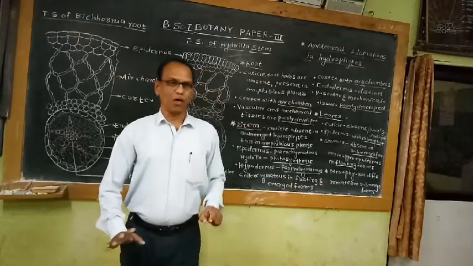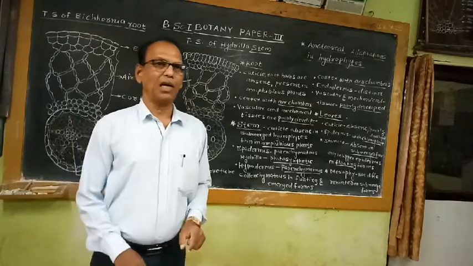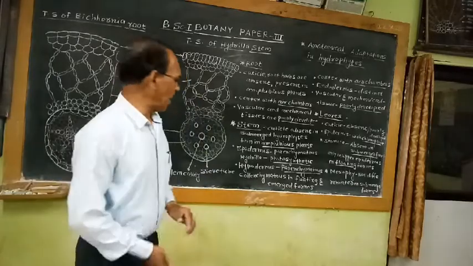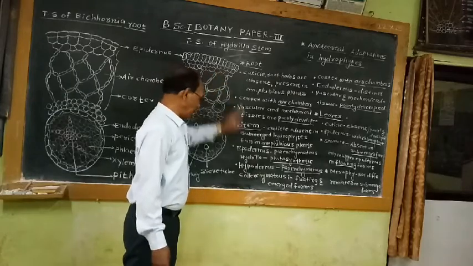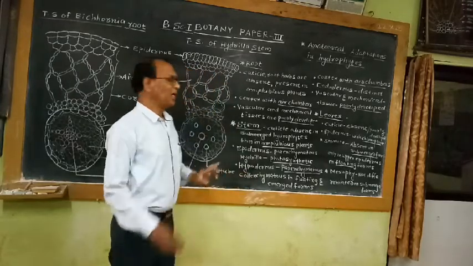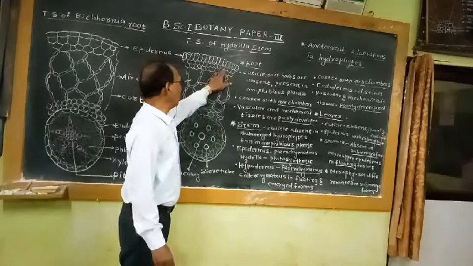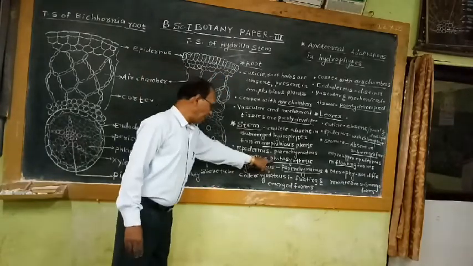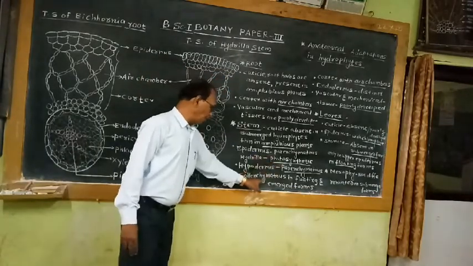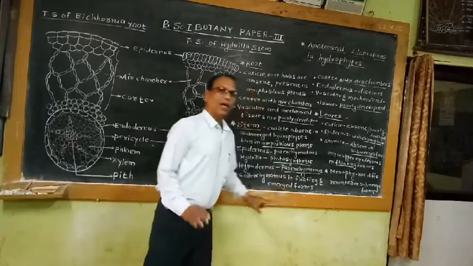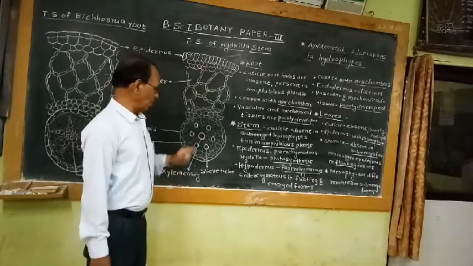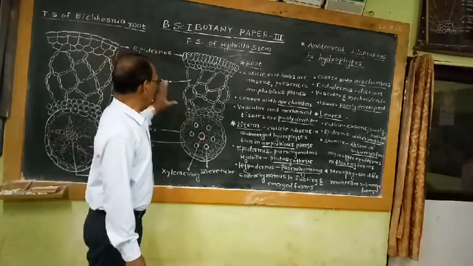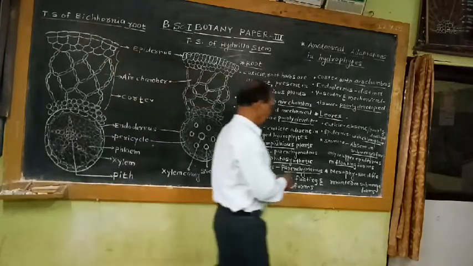Collenchymatous hypodermis is found in another group of hydrophytic plants, for example floating hydrophytes like Eichhornia, Pistia and Lemna. The stems of these floating hydrophytes possess a collenchymatous hypodermis. That means the hypodermis is not uniform in all hydrophytes. In submerged hydrophytes, the hypodermis is made up of parenchyma tissue. In floating as well as amphibious hydrophytes, the stem shows a collenchymatous hypodermis.